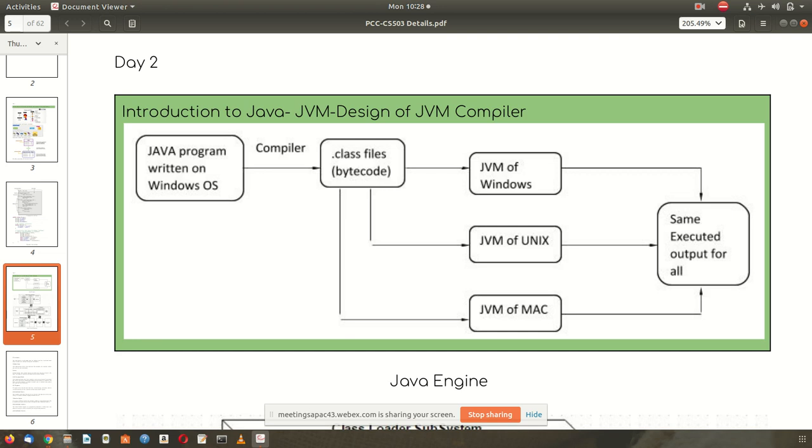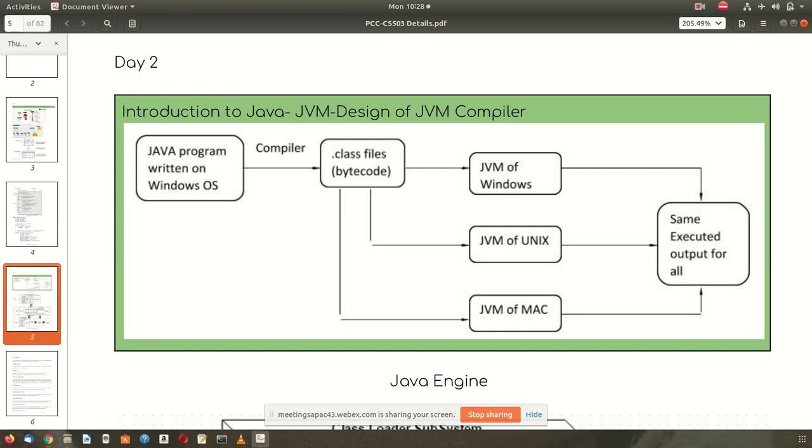The best example you can think of is this: if you have done your Unix program in your operating system lab or your data structure lab, and you type the same program at home on your Windows laptop, sometimes an error appears. The program has no error, it is always error free, but when you execute it, when you run it, it says that some library is not found, some library is missing.